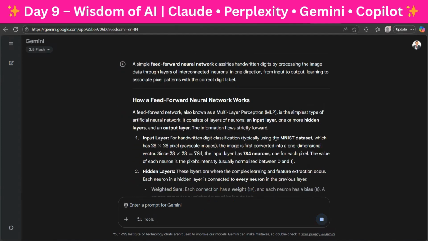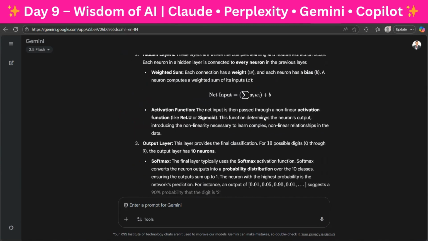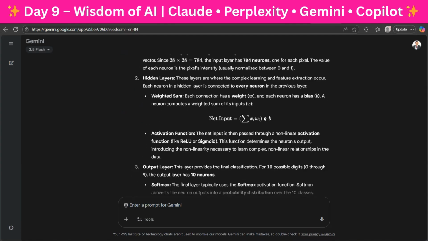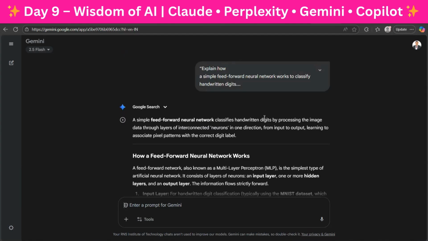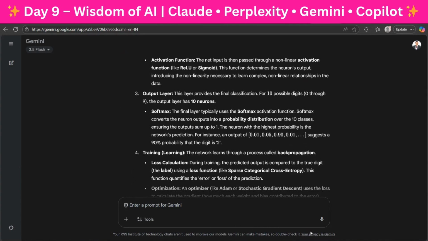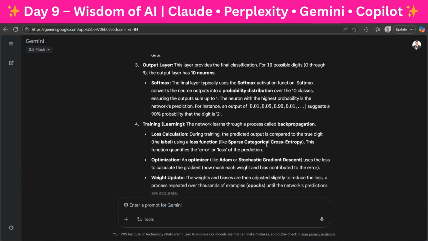So this collects information from a lot of resources and gives you comprehensive material. This is explained in very simple terms, because I have asked it to explain it to an undergrad student, this is enough.